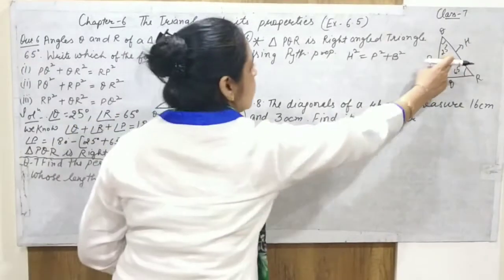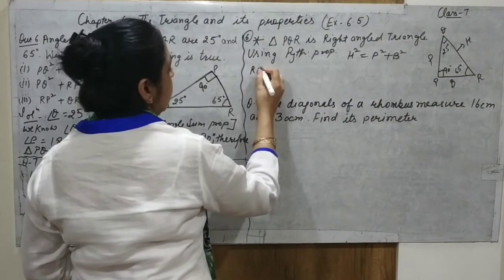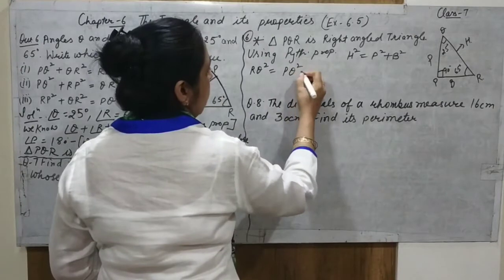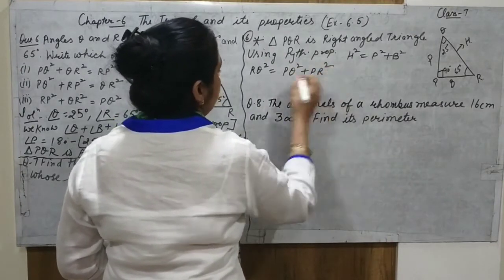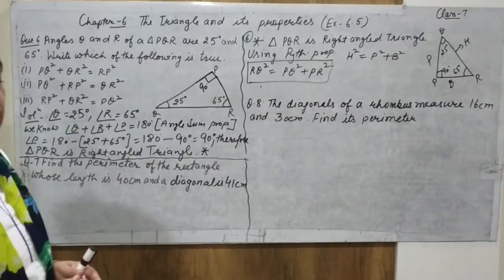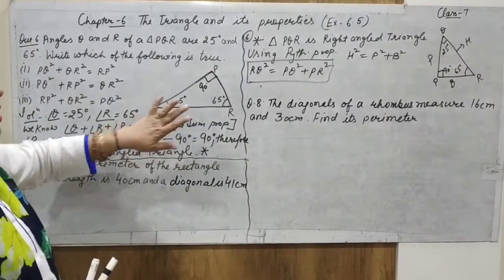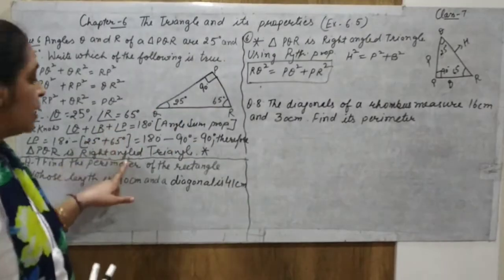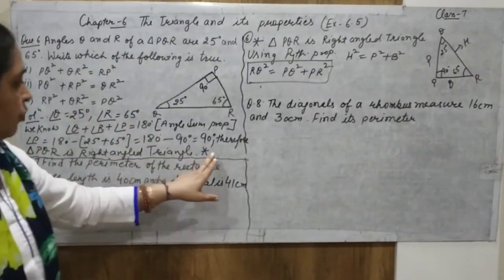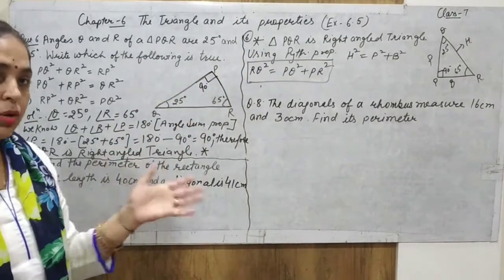Here h acts as RQ or QR. We can write in any form. Then PQ square plus PR square. This is actually the relation which is possible for this triangle. Why this triangle? Because this is a right angle triangle. From the angle sum property, we already proved that this is a right angle triangle. Then from this point, I have solved here. From a right angle triangle, we can use the Pythagoras property.